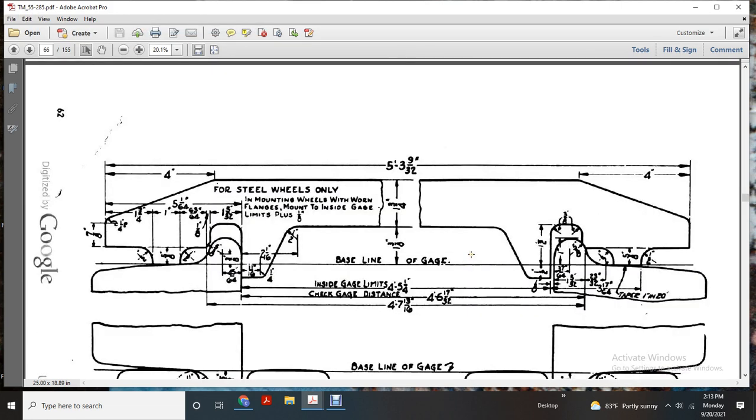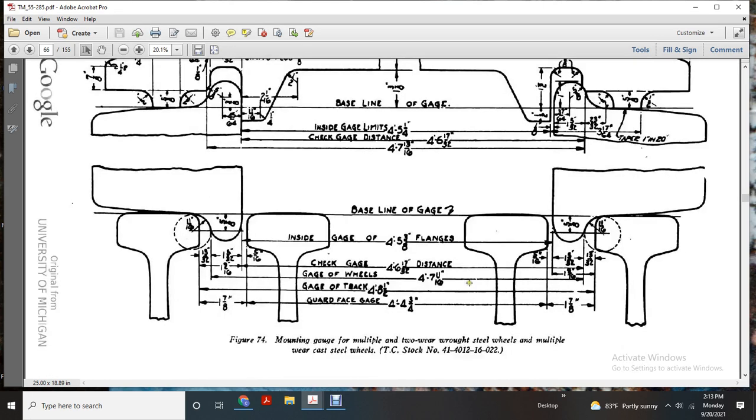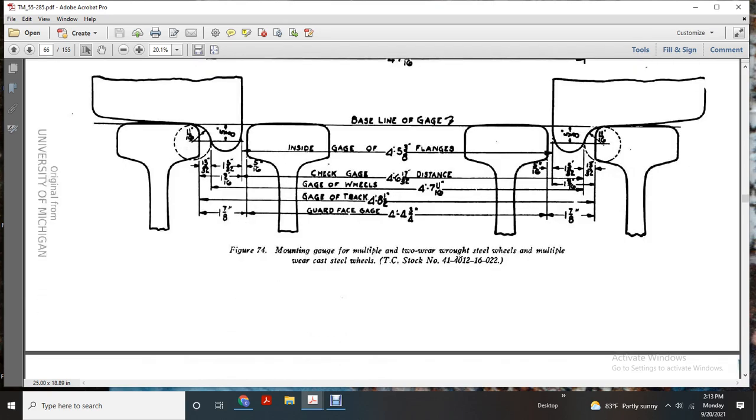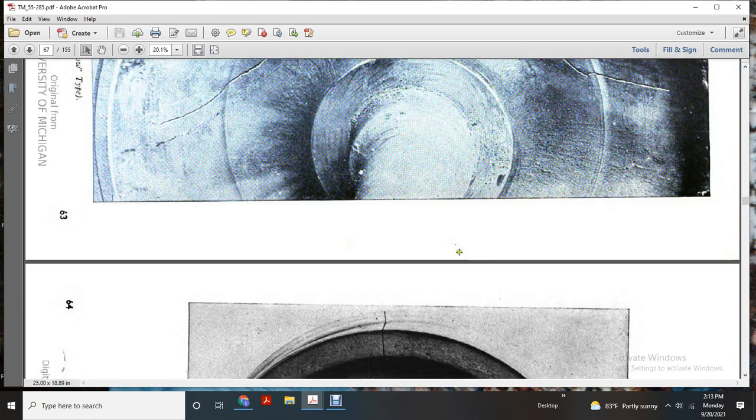This shows your steel wheels only, and shows the baseline with the gauge, inside gauge limit, and check gauge distance, and then it shows the outside of the flange. Steel wheels are mounted warm with the flange mounted inside gauge limit, and then it shows the baseline gauges in the head of the rails. Baseline gauge is 4 5/8 of an inch. Gauge of wheels, gauge of track, gauge of face gauge, and then it shows the picture of